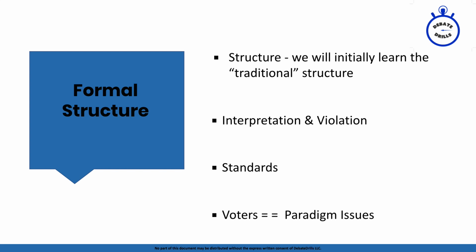Now, the last portion of the formal structure of a traditional shell is what we call the voters. This is synonymously referred to as paradigm issues, and you should get comfortable with us using these two words interchangeably. Let's assume that you've proposed a rule for debate. Let's go back to the jumping jacks example. I say the negative debaters should do jumping jacks while reading the NC. They didn't do it, and so there's a clear violation. And then I give a couple of standards for why that's good.